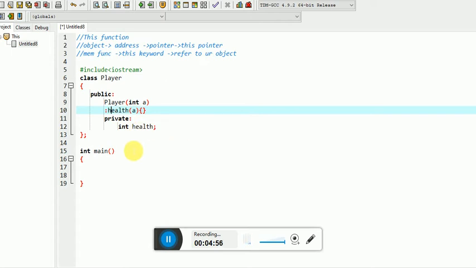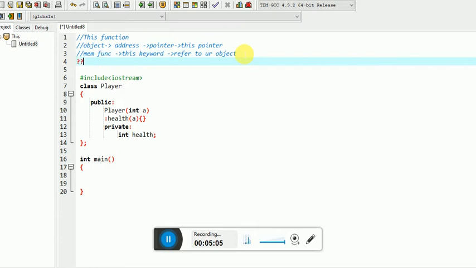Friend functions do not have the this pointer. We will mark this point over here: whenever you are using a friend, we will not use this along with the friend.